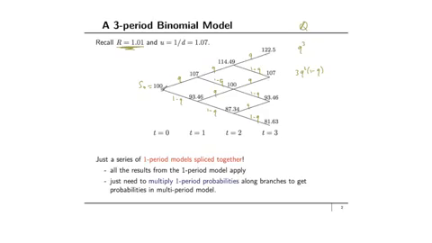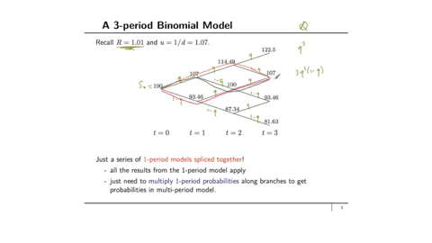One way is for the stock price to fall initially, and then to have 2 periods where it goes up. A second way is for the stock price to have 2 periods up, followed by 1 period down. And a third way is for the stock price to go up, then to go down, and then to go up again. So there's 3 such paths through the model where the security price at time t equals 3 can